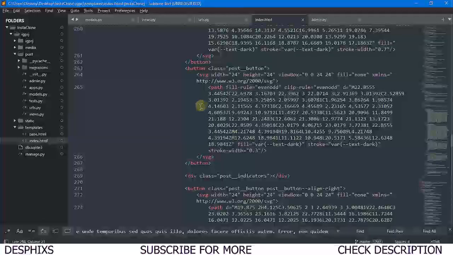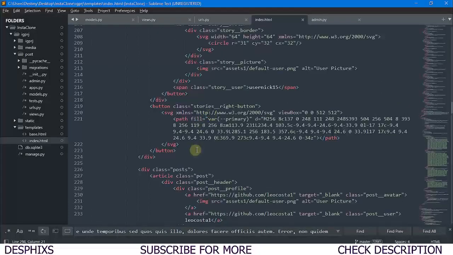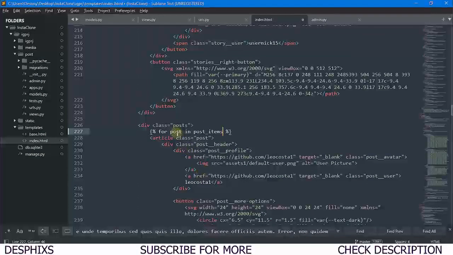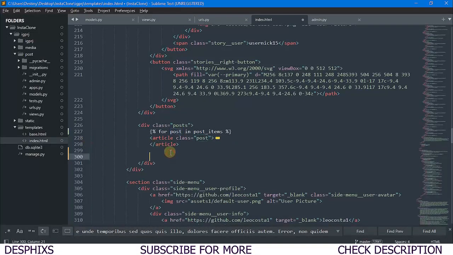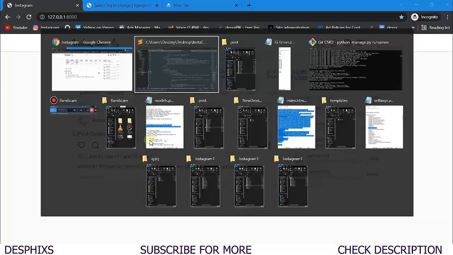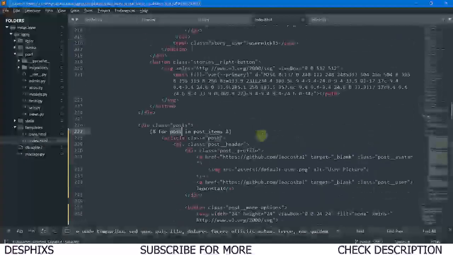Okay, now the next thing we're going to do is come over to the beginning of the article. I think this should be it over here, and we're going to run a for loop. So we're going to say for post in post underscore items. You remember that's what we named it, and we are going to end this off over here. We're going to say end for, just like that, and I'm going to indent this in there too. Okay, that's it. Now for post in post items, nothing is going to happen because we haven't added the feature to show the images and all that. Hopefully you understand what we're doing.